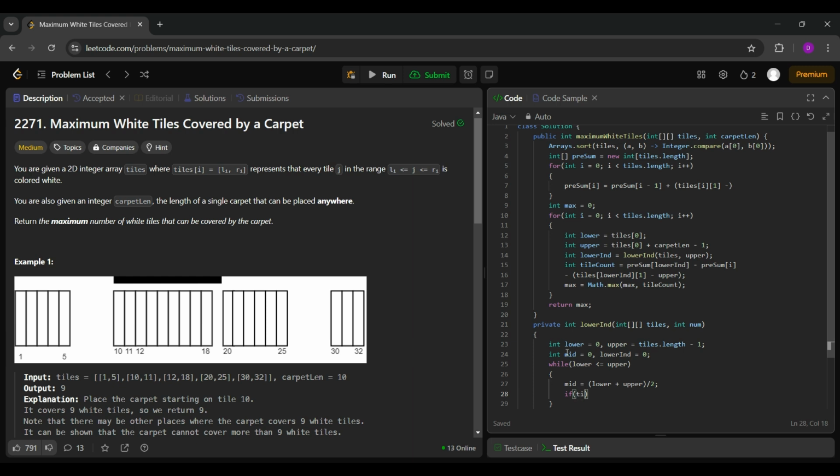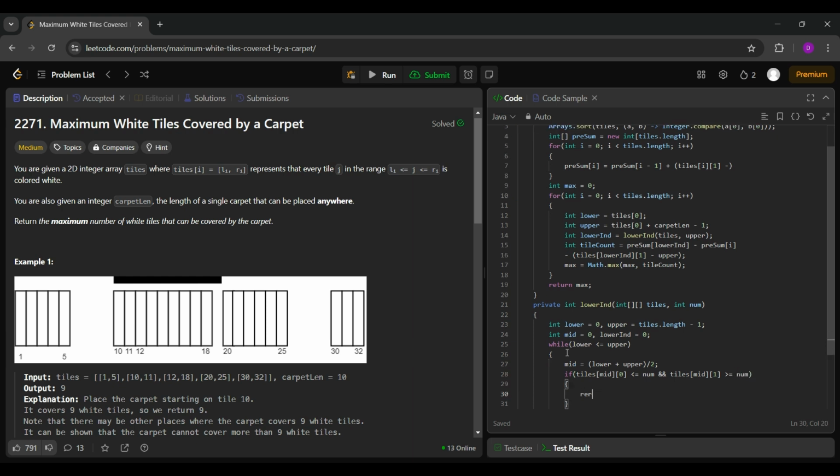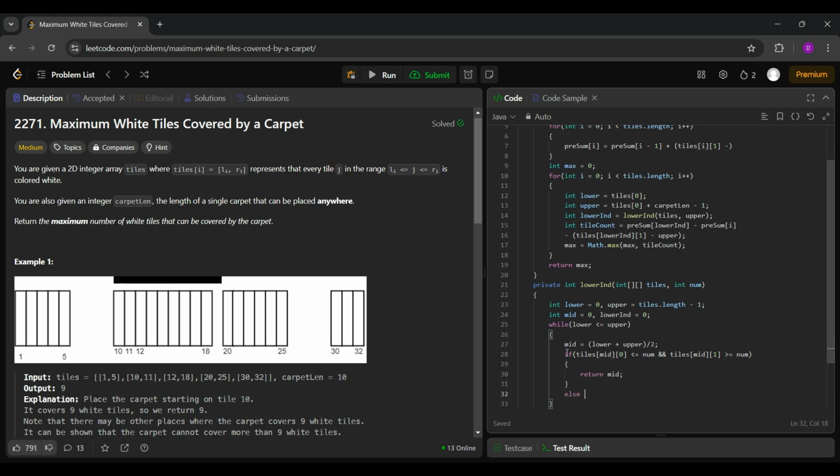So how I'll write the logic: if tiles at mid 0 is less than or equal to num, and tiles of mid 1 is greater than or equal to num, and this is satisfied, then I'll directly return mid. Else